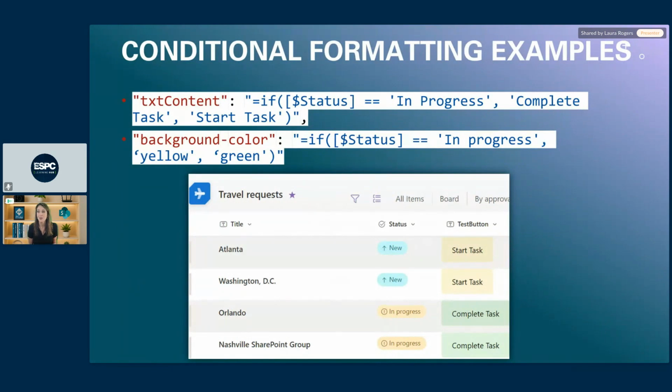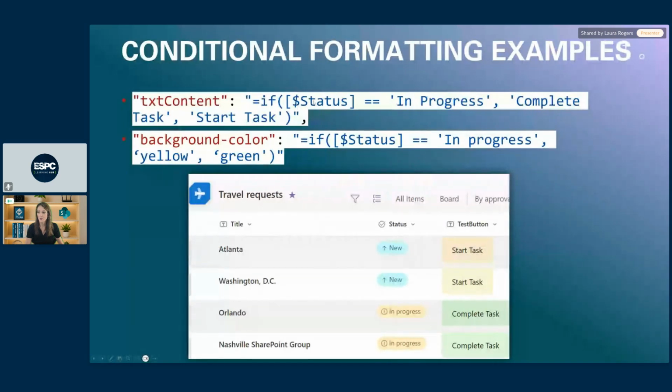So what you can do is you can make the verbiage say something different. So in this example, only if the status equals in progress, as you can see down here on the screen, the verbiage says complete task. And then only if the status doesn't equal in progress, it says start task.